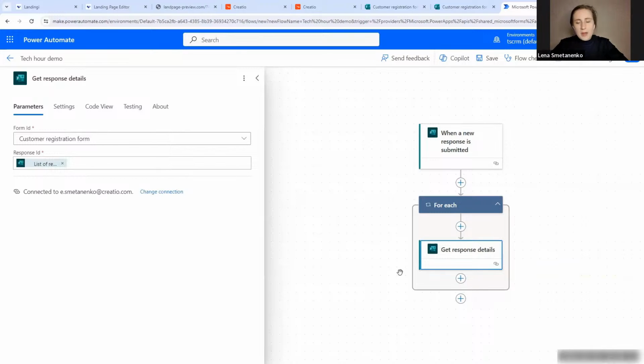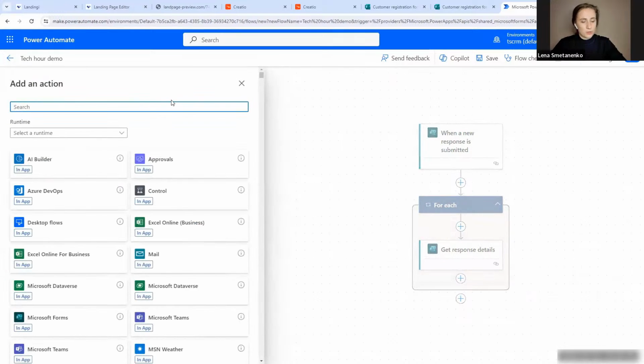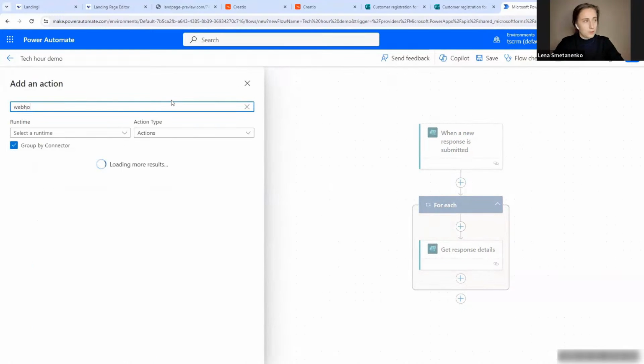Since I could have multiple responses, I have to process them separately. A list of responses means that there will be multiple responses. I will be processing one at a time, the most recent one in here. So it creates this little loop for each response to be able to process. So get response details. And after that, I can add the action, which is going to call webhook